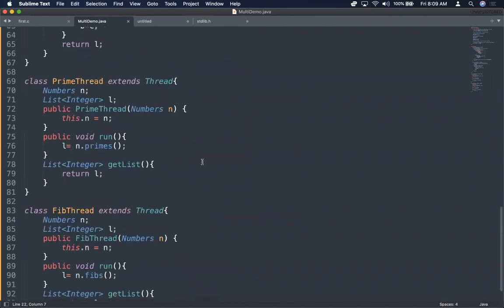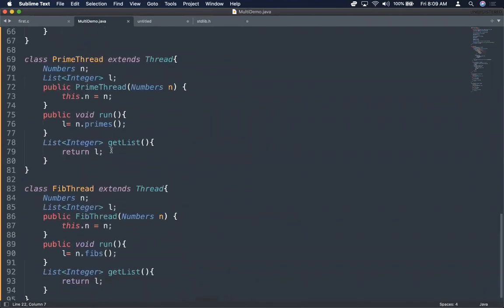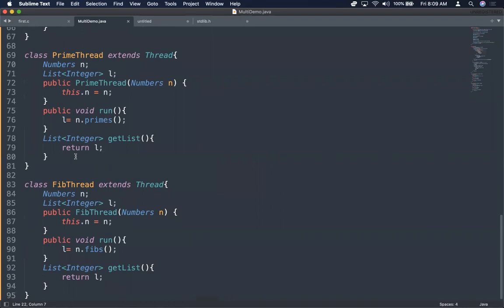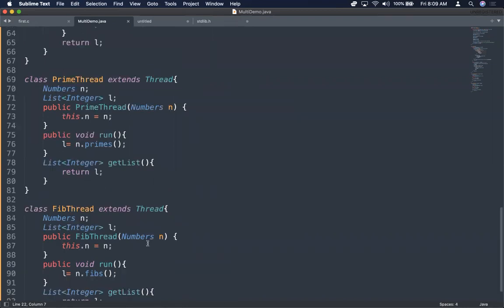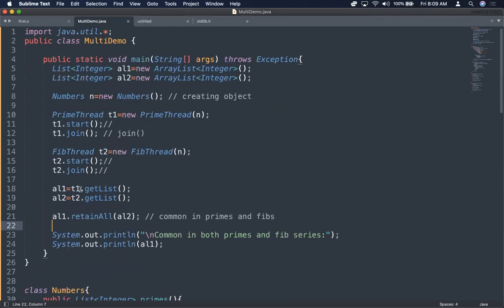Whenever a thread starts, they will compute, and the results are stored in lists which are lists of integers, and those are returned with the get list method, right? So in the main method, we are creating two array lists to hold those lists which are returned when we call this get list, and retain all will find the common numbers.